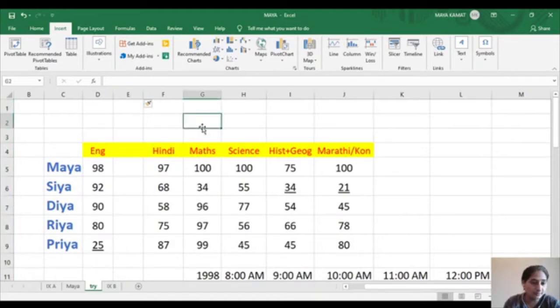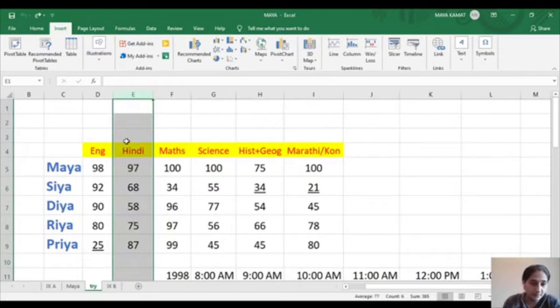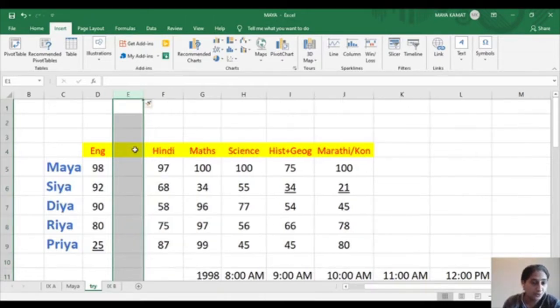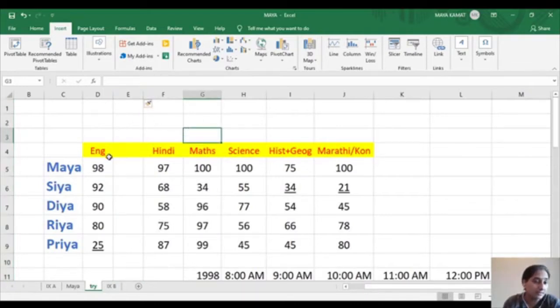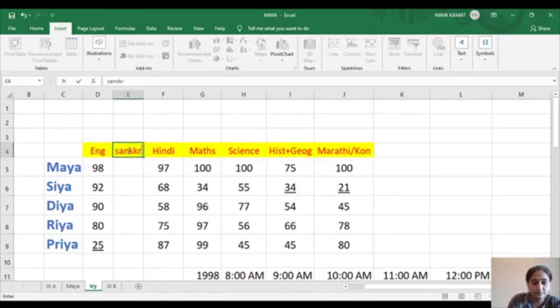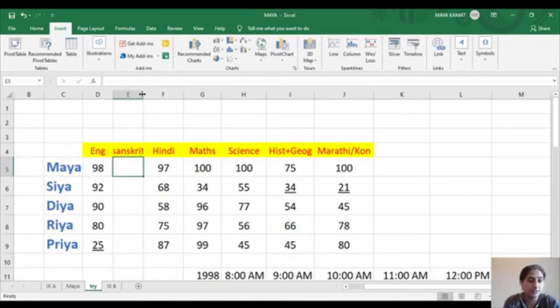Can you all see this? Have you all seen what I did to insert the new column? I am repeating it. I just went to the column before which I wanted the new column entry. You just have to come to the column and give a right click. Once you right click, click on the insert option. The column will be automatically inserted. Just make an entry for the new subject. Done? Then you can increase the column width.